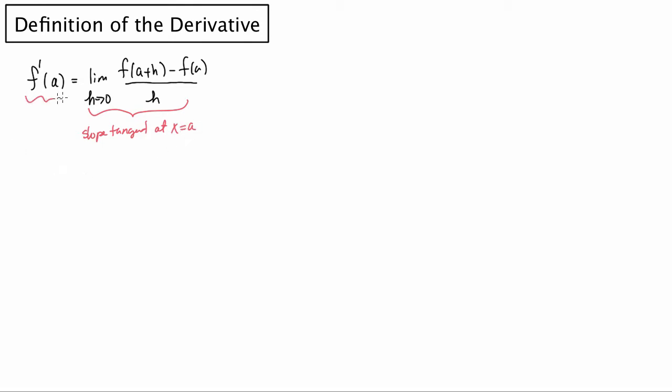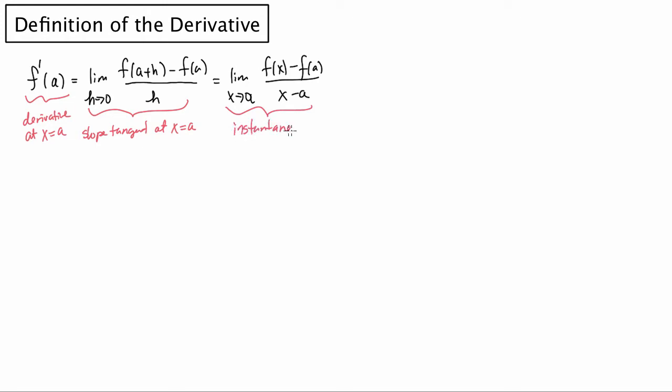So the derivative at x equal to a is equivalent to the slope of the tangent line at x equal to a, which is equivalent to this other limit as x goes to a of f of x minus f of a over x minus a. And we've thought of this quantity as being the limit of the slopes of the secant lines, but we've also thought of it as being the